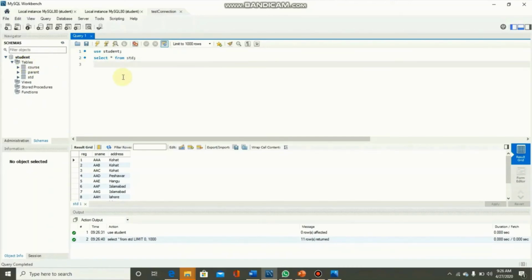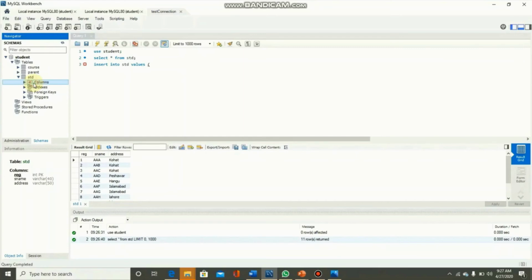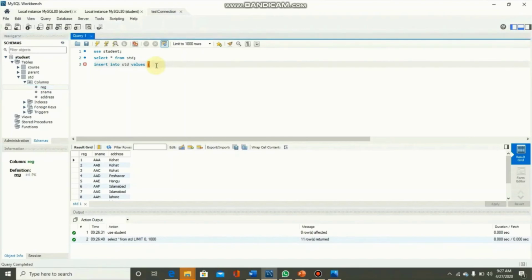Let's check another query. I'm typing an insert query. So insert into, the table name is std, values, these are reg, name and address. For reg, let me check what the data type of reg is. It would be integer. Yes, it is integer. So here I am typing 20, then name and address.